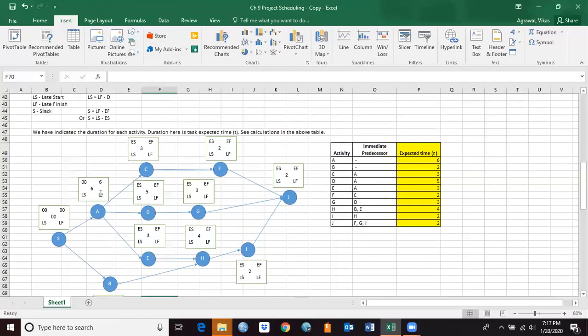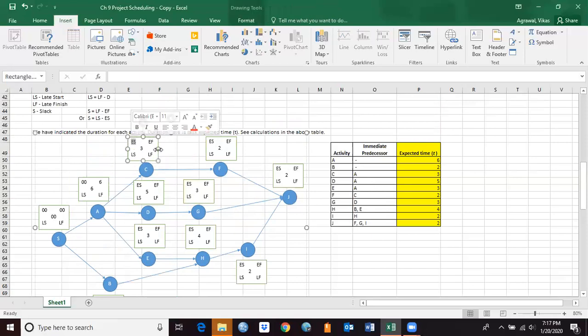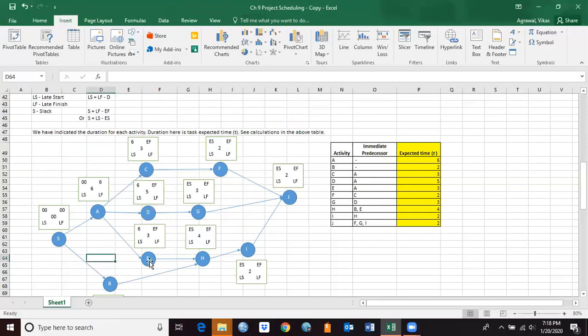So if activity A is completed on 6th week, I can start activity C on 6th. I can start activity D on 6 as well, and activity E on 6 as well, because all of these activities are sort of dependent on activity A to be completed before you can start them. So as soon as A is done on 6th, I can start all these 3 activities, C, D, and E